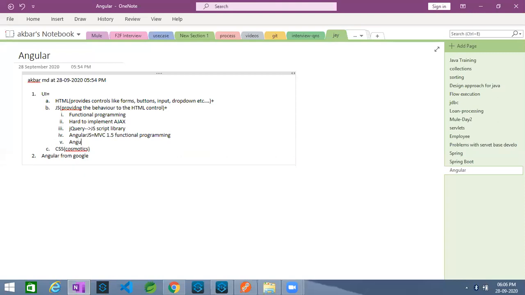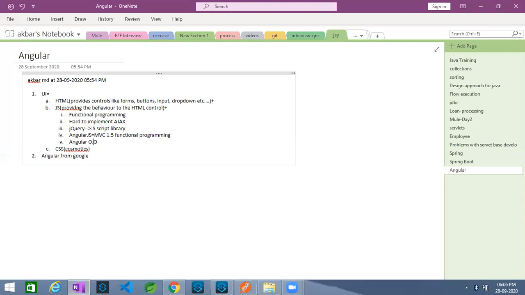They released Angular; AngularJS is different. Angular is different. AngularJS is JavaScript, which is functional programming. When it comes to Angular, this is object-oriented programming. So I would like to adapt the object-oriented principles in UI also.